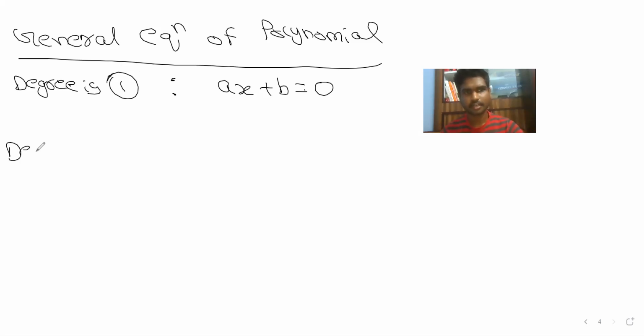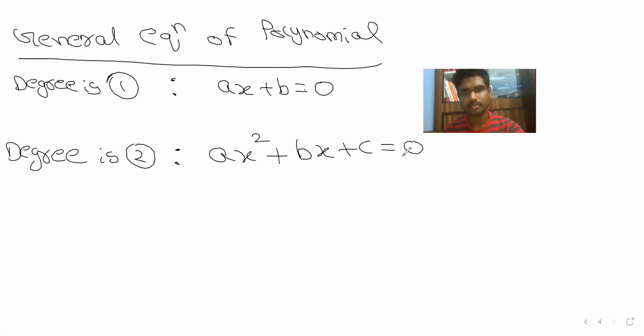And you know what degree means, right? Degree is the highest power. I am writing the general equations of the polynomial. Remember. If you want to represent a polynomial, you always have to represent it in these terms because we can't always write numbers. That's why we represent the general form. Now the second, the general equation is ax square plus bx plus c equal to 0.